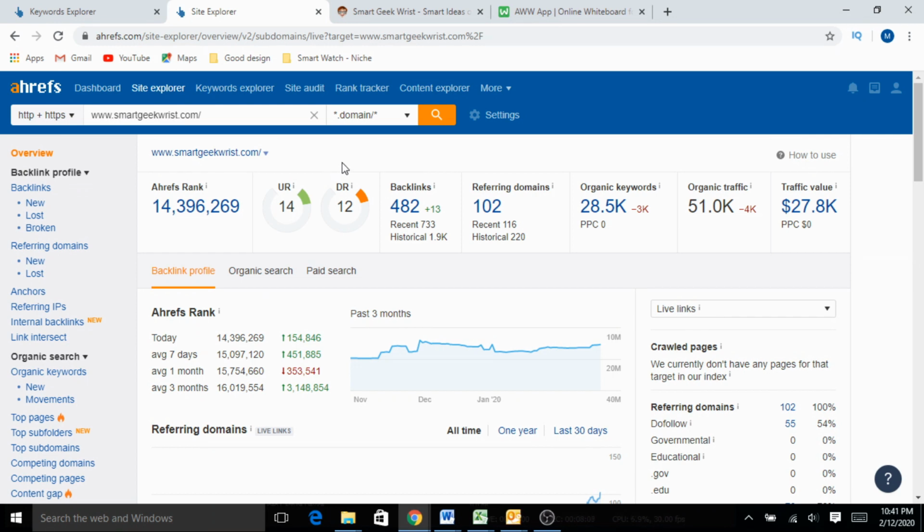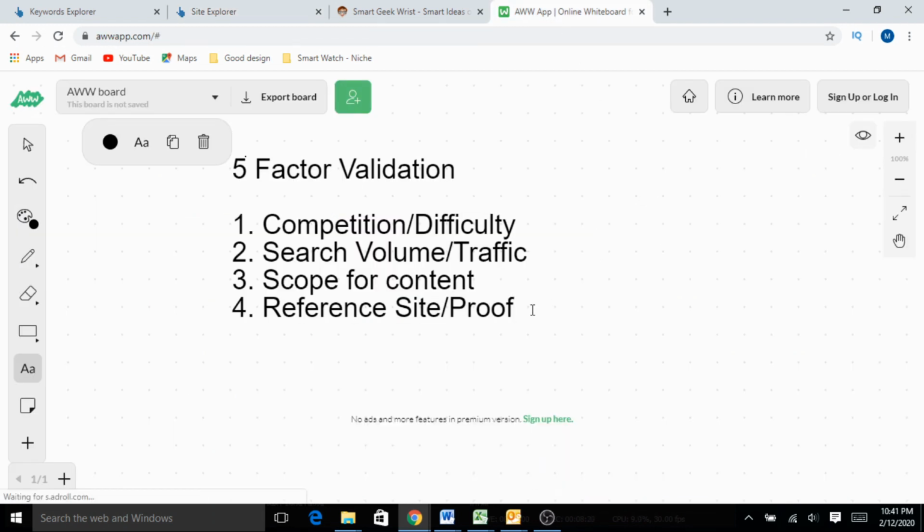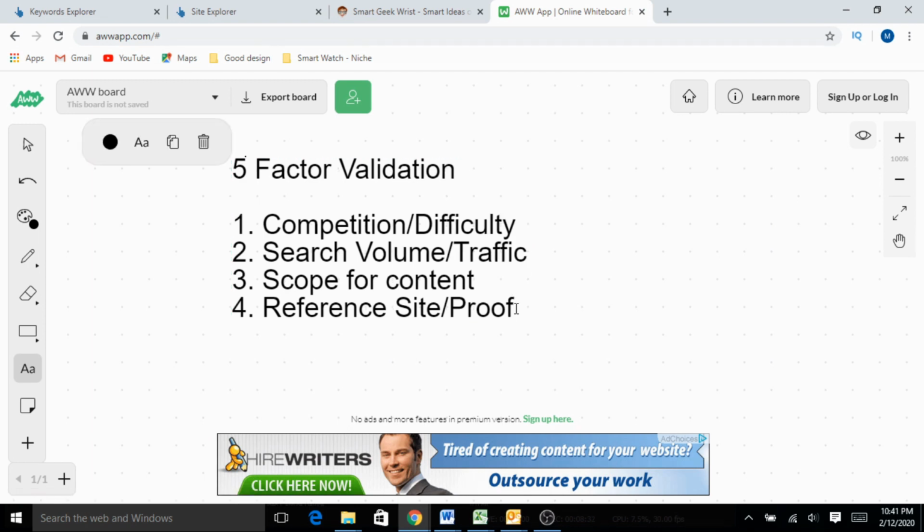Okay, so basically what this particular data item indicates is, even with low domain authority, that means relatively new sites, if you can compile quality content, there is an excellent opportunity to rank for a lot of keywords related to this particular micro niche. Okay, so the fourth factor is also passed.